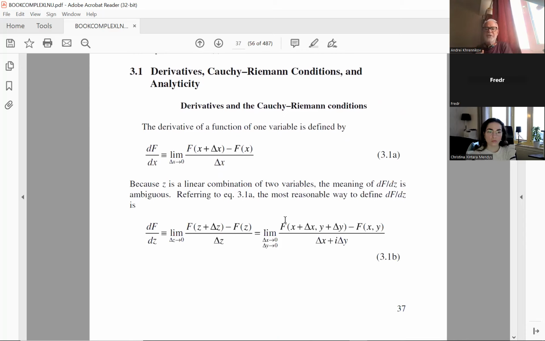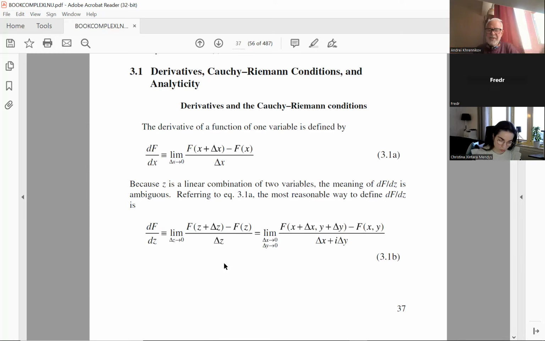Now we go to functions. We go quickly to functions. What is the timing? Oh, it takes too much time. So now we go quicker. We consider a function of a complex variable with complex values. And now we want to define its derivative. The derivative is defined in the usual way because we can divide by delta z. So we write this and take the limit. The limit means that the modulus of delta z goes to 0.